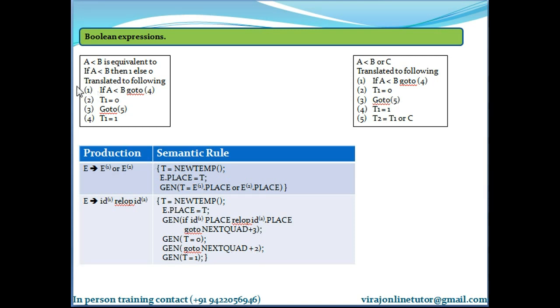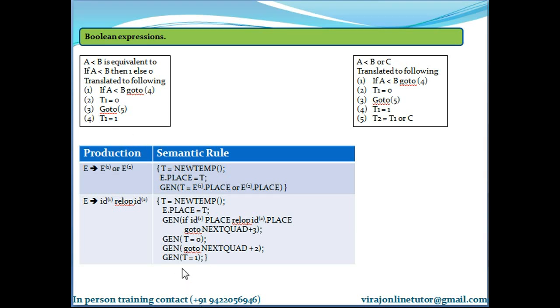Next quad plus 3, because 1 plus 3 is 4. The next statement is to assign 0 to the temporary variable. I am assigning 0 to the temporary. What is the next statement? Go to 5. So it is 3 plus 2 is 5, so go to next quad plus 2. That's why go to next quad plus 2. And finally, assign 1 to the temporary.